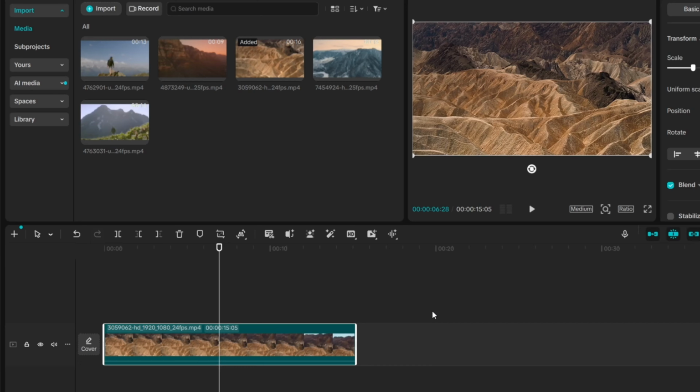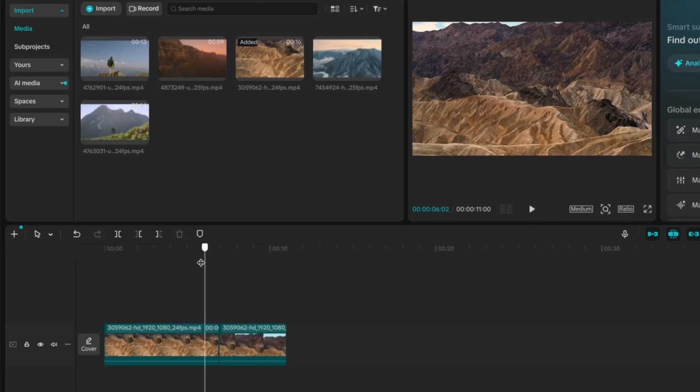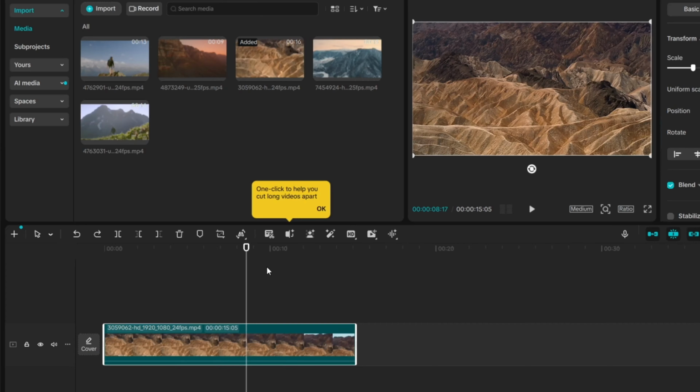of a video. I'm going to press Ctrl P on my keyboard, and then I'm going to move the playhead a bit forward to where I want the cut to end. Then I'm going to press Ctrl P again, and now we have a portion of the video that we can just highlight by left clicking and pressing P. So as you can see, the rest of the video is unaffected by the cut,